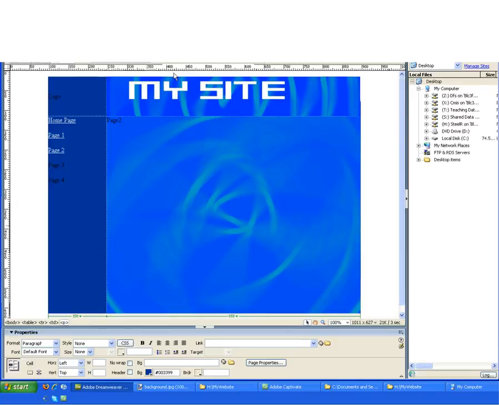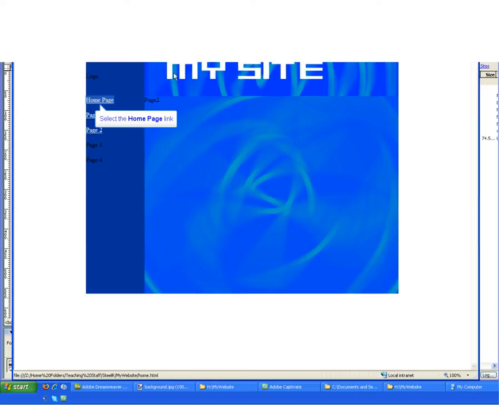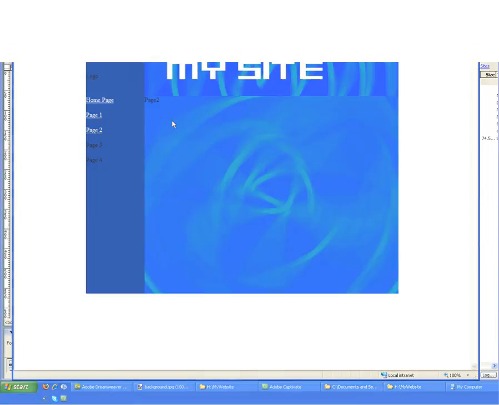If I test page 2, left click and Preview in Internet Explorer, which is F12, the website or the web page will come up, as it will do in a moment. And now you'll notice, looking at my page, if I click on the home page, it's gone to the home page. If I click on page 1, it's gone to page 1. I now have a navigation system, and now I have a website rather than a web